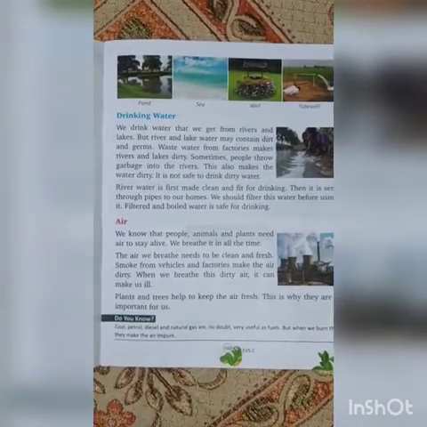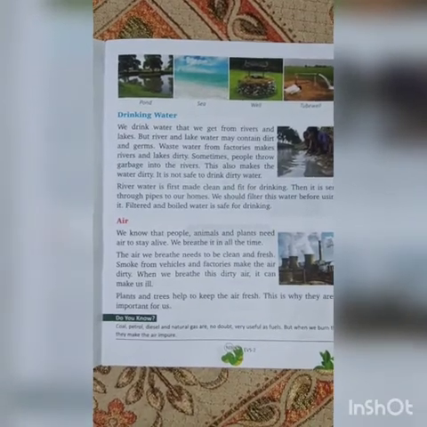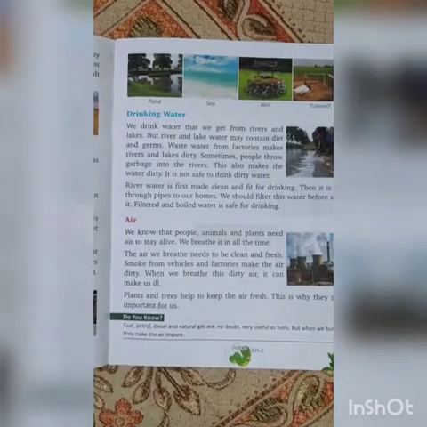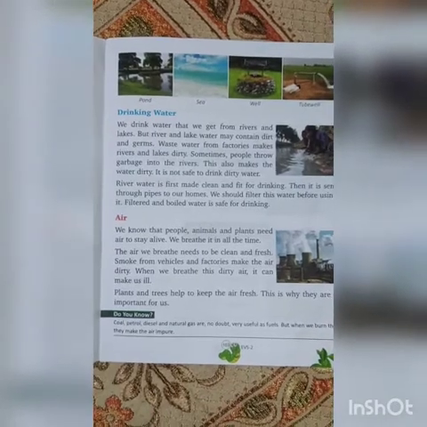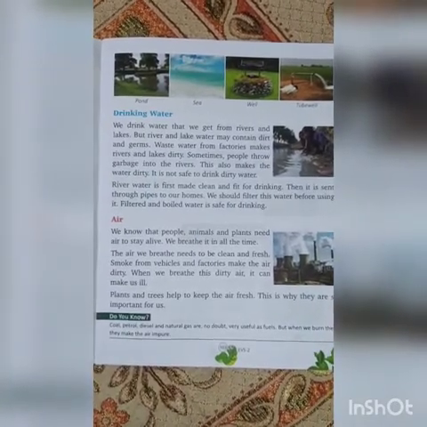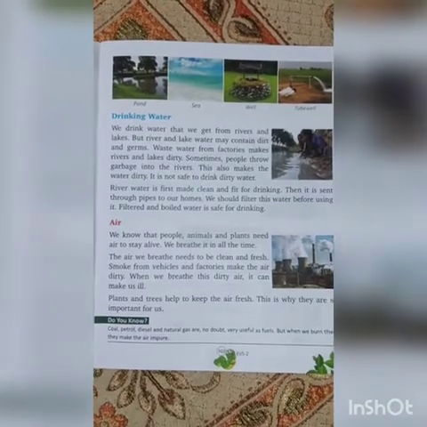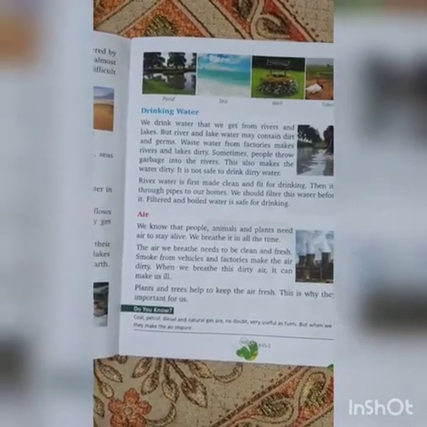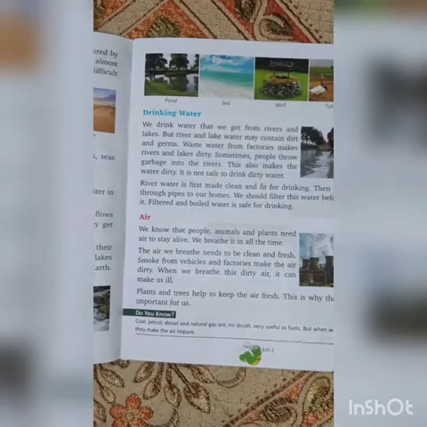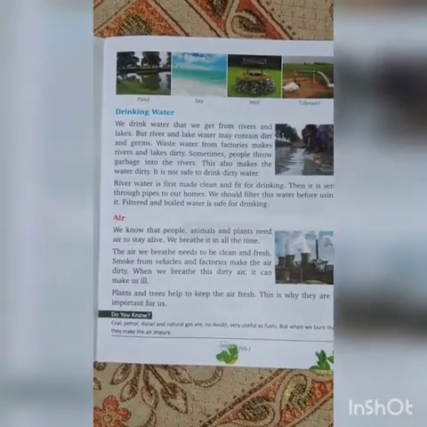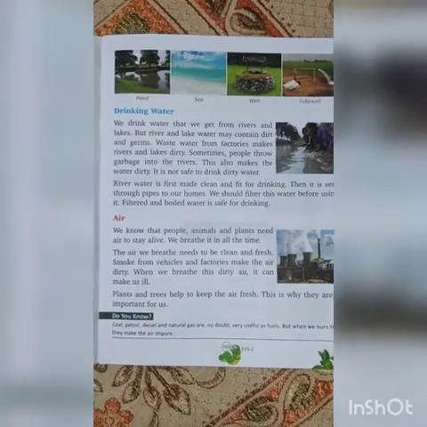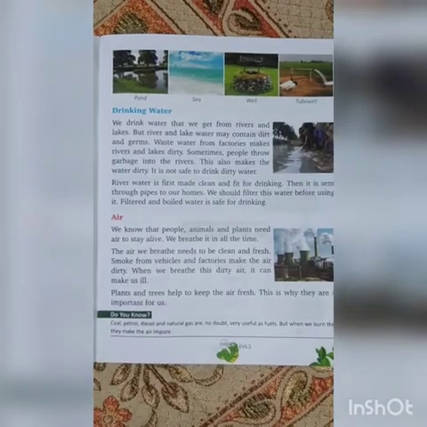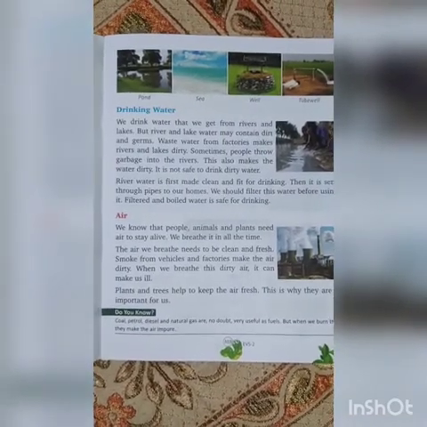Factories near rivers and seas throw their waste in them, and many times you also throw idols of gods and goddesses in the river, right? So do you think the river water is pure and germ free? No, we cannot drink river water directly.